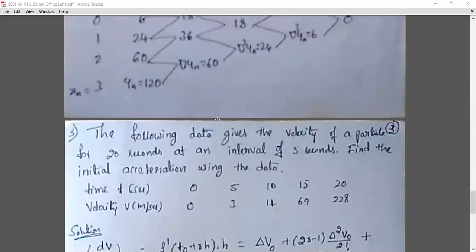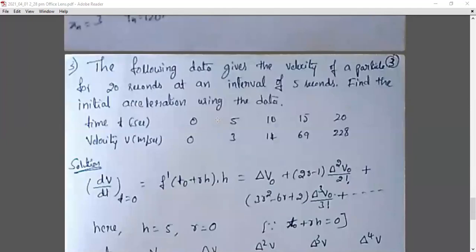As you already know, the application of differential equation will be finding dy by dt, that is nothing but it represents the rate of change of the physical object. So for example, if I'm writing dx by dt, where x is the displacement, then the rate of change of displacement with respect to time represents velocity. And similarly, the rate of change of velocity with respect to time represents acceleration. So using this, you can find out the velocity or the acceleration of a particle or any object. So let us do one application oriented sum.